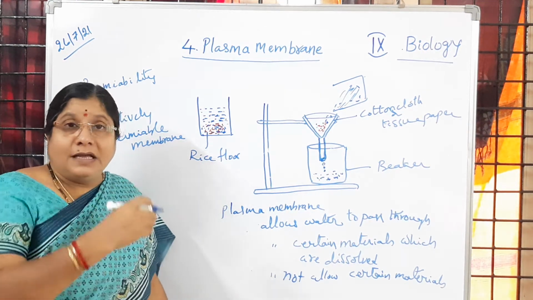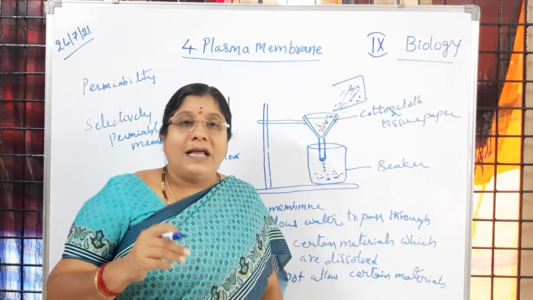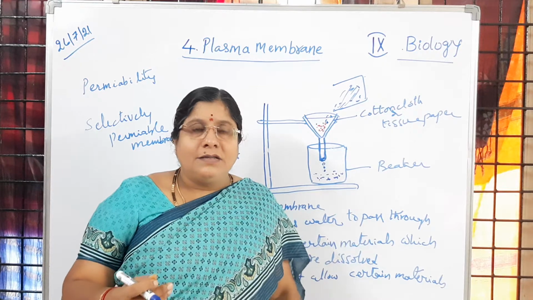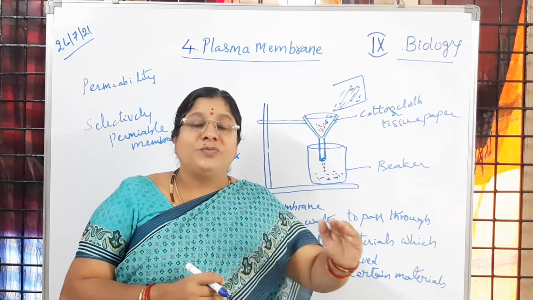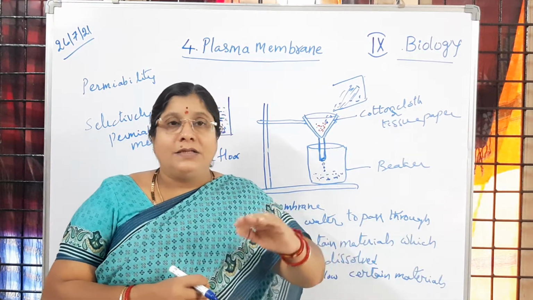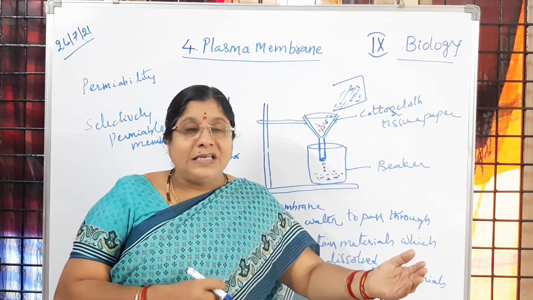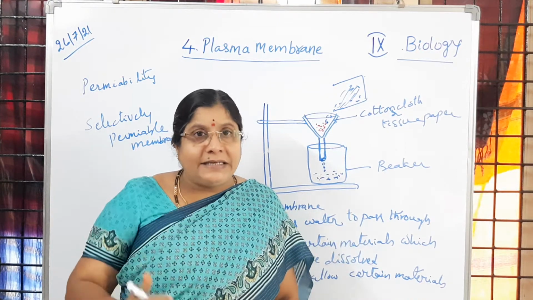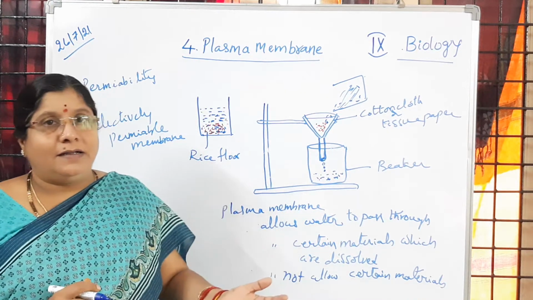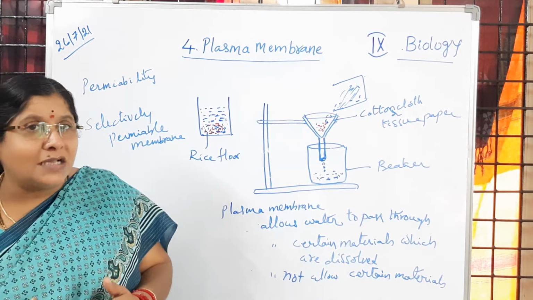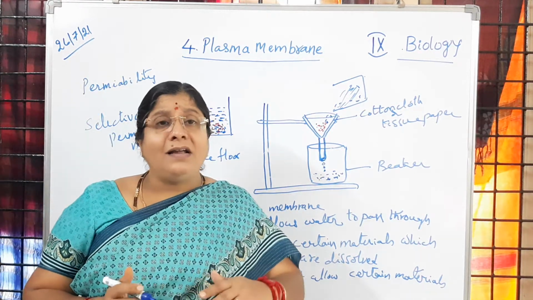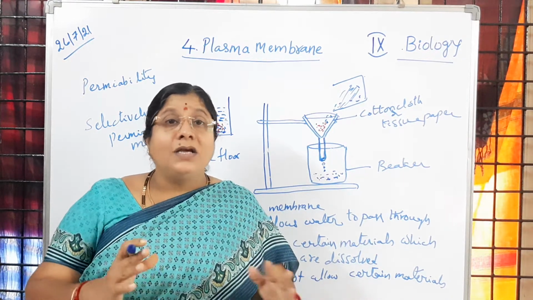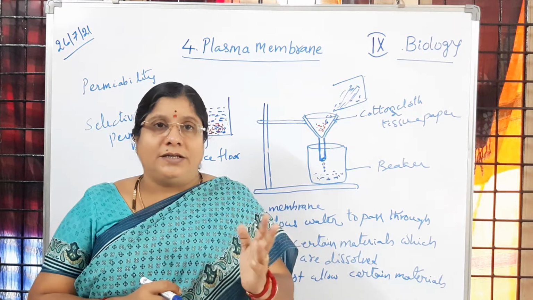So you know that in the first activity you learned about glucose, amino acids, proteins, or oxygen. They are supposed to be present in the cell, or they are supposed to be transported from one cell to another cell. They are supposed to enter. Is it not, children? They are needed for the cell to survive. So such materials are selected by the plasma membrane to enter. Whereas waste materials, carbon dioxide, or undigested food material are not needed by the cell. Is it clear? So such materials are not allowed.